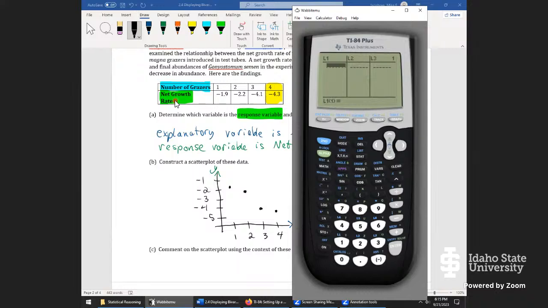It's almost like a crapshoot, right? It's kind of a guess at this point. If you're thinking maybe it's number of grazers, you're absolutely right. We typically want the independent variable to come first, the dependent or response variable to come second. And so just for an additional note on the calculator,